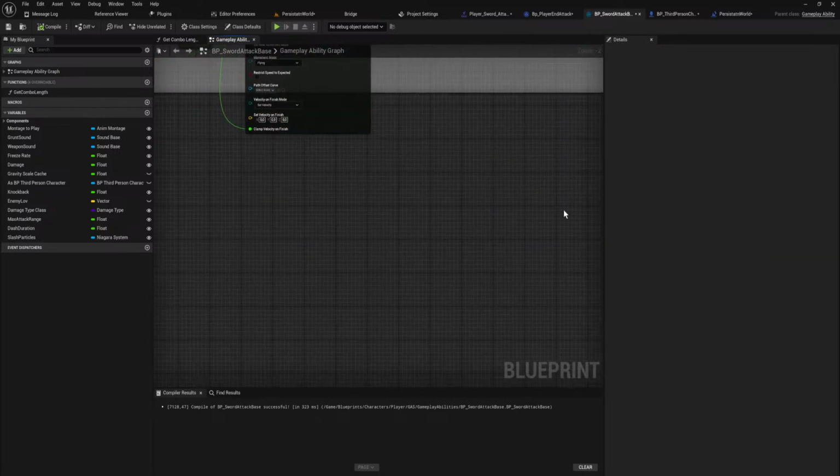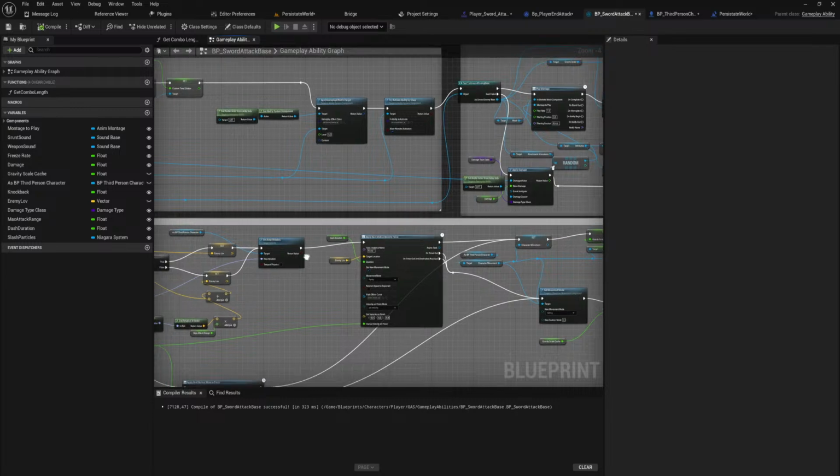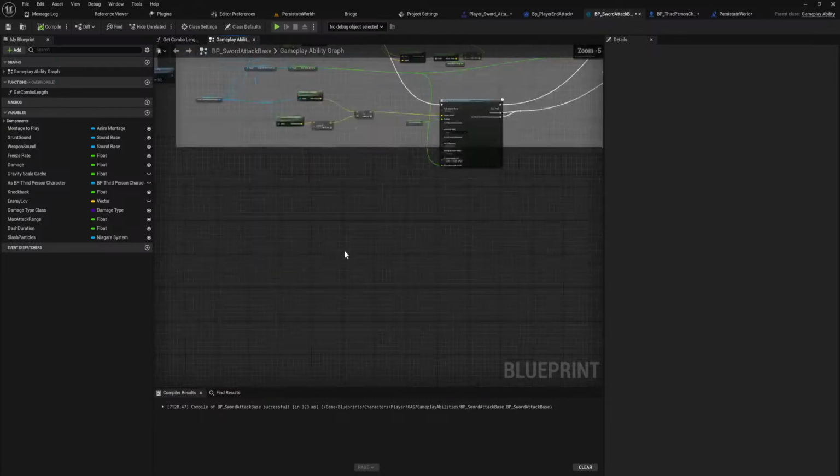Oh, no, it should still also automatically... Where is endability?